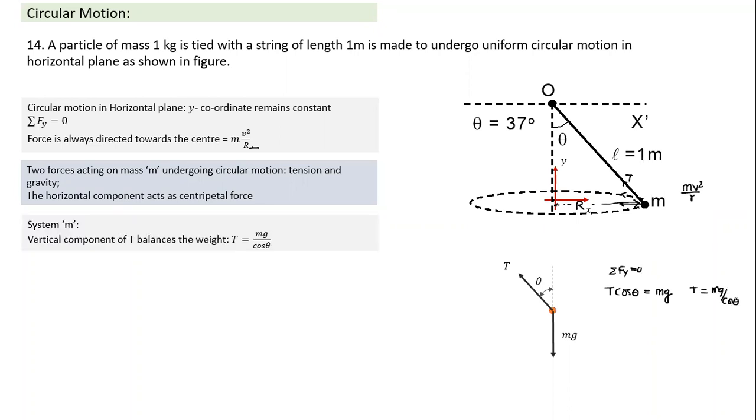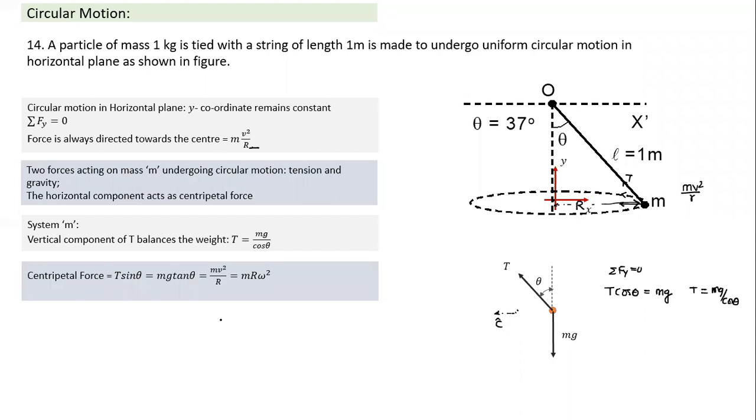So the vertical component of T will always be equal to mg. Since the vertical component has to become balanced, what does T adjust? The force in the string can acquire any value depending on the nature of motion. So T will adjust itself so that its vertical component balances the weight, and its horizontal component provides the necessary centripetal force if it is moving in a circular path. So that is T. And what is the centripetal force here? Which is the centripetal direction here? This is the centripetal direction.